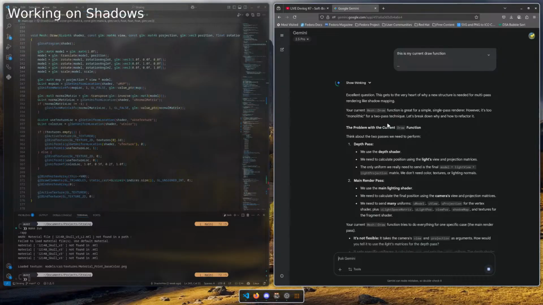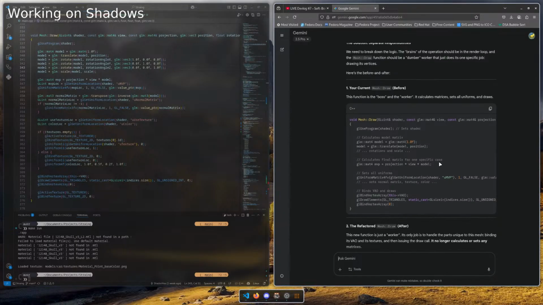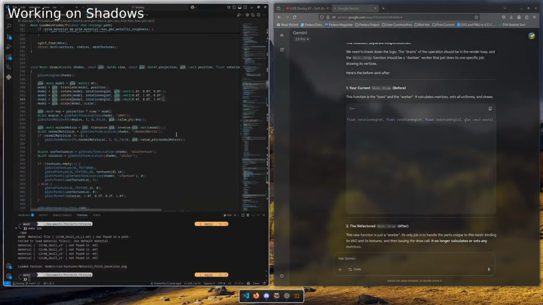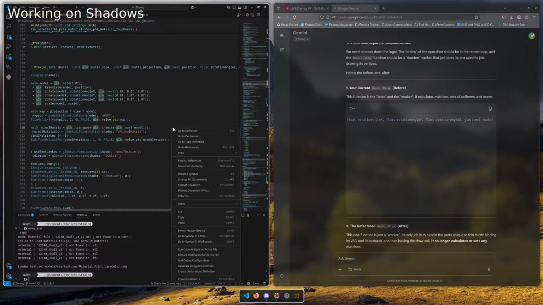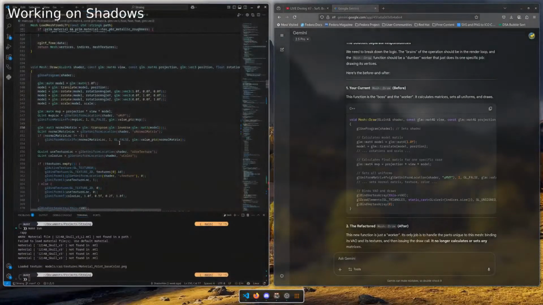Yeah, pretty much the same thing. So we use the shader and we calculate the model matrix.